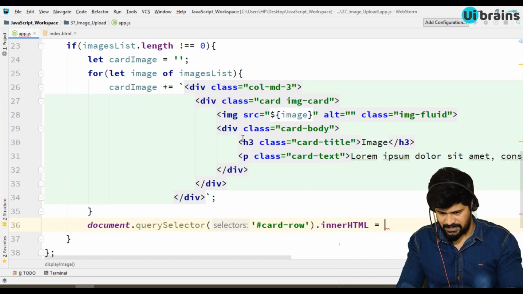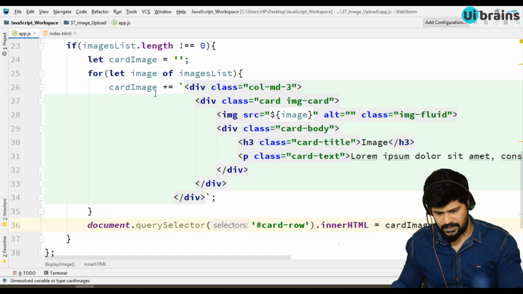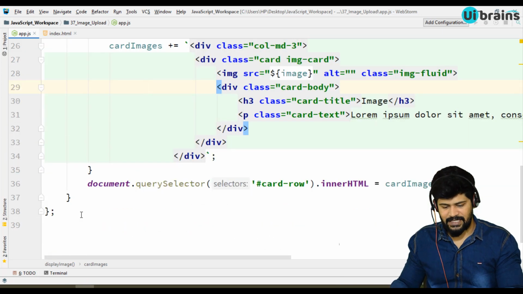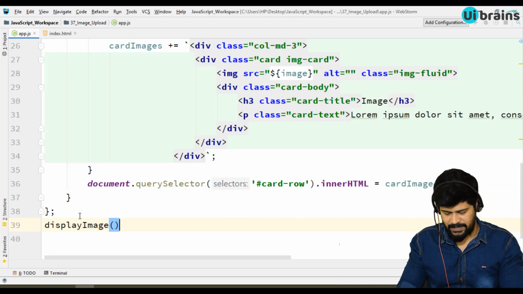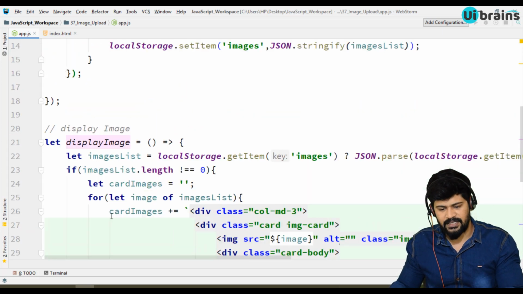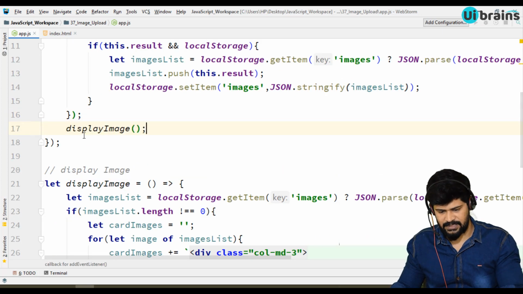So innerHTML is equal to cardImage. But it's not singular, it's plural, so cardImages.